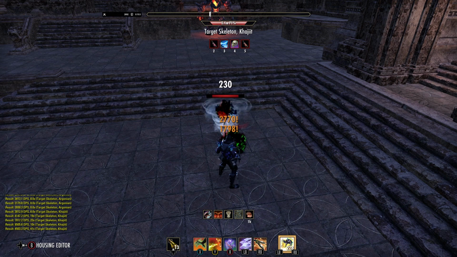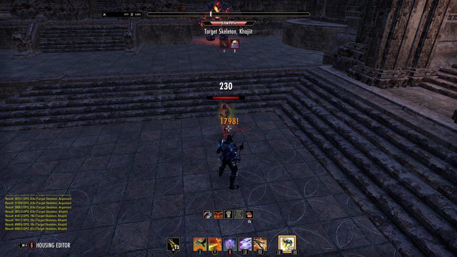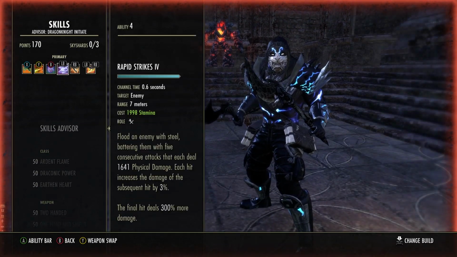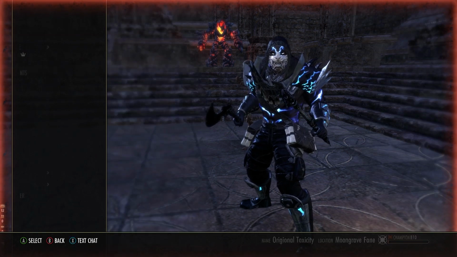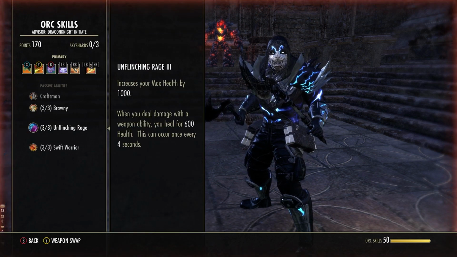Buffs from your group for healing received and all that good stuff can actually make that a lot higher. So you can go in excess of over 1k heal every 4 seconds. Really, really helpful, especially alongside these 2 skills if you do choose to change them to the healing versions of them. Very nice indeed. We are, of course, taking advantage of all the orc passives, which includes the last one,